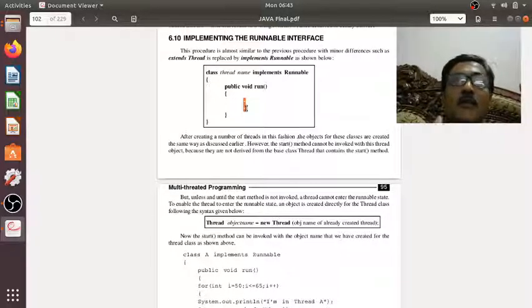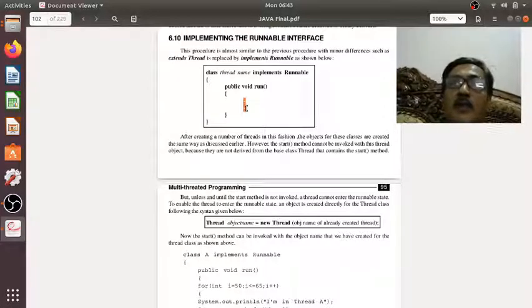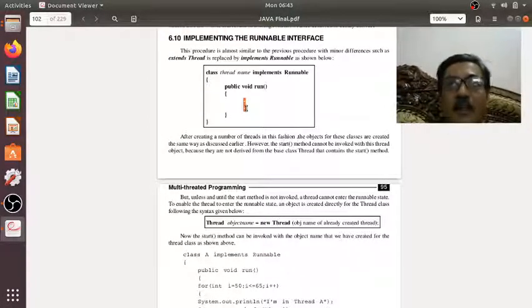The start method is a part of the Thread class, and through the objects of the derived classes, say X, Y, or Z, we were accessing the start method. That was not a problem.